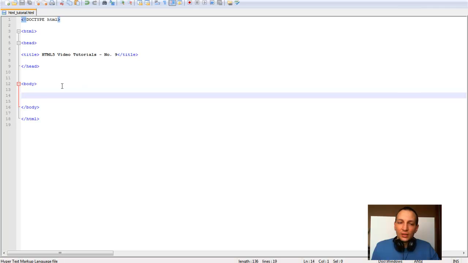Now guys, for this tutorial you are going to need the regular code that you see on my screen, and go ahead and just type it in on your Notepad++, and we're gonna start building. Now guys, one thing that I want to emphasize, that we will build first of all a canvas, and I want to let you know guys that the canvas element doesn't draw graphics by itself on its own. JavaScript does it for the canvas element, but nonetheless we have to enter the canvas, and we have to enter